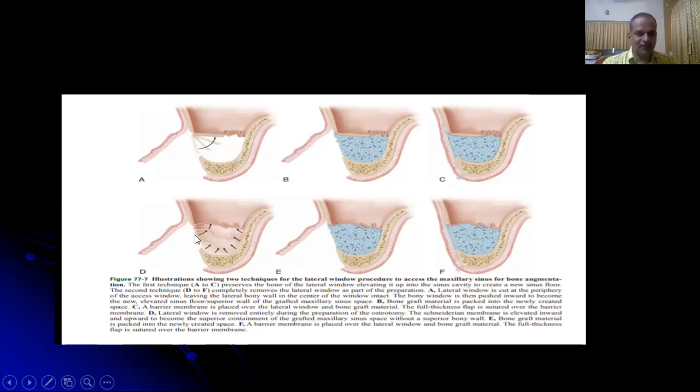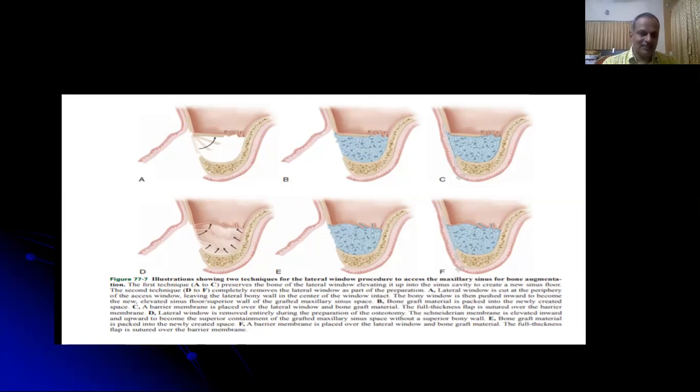Whereas to eliminate the bone of the lateral window, a larger diamond burr can be used to make the bone of the lateral window very thin, paper thin, and then the membrane is slowly separated from the bone with fine instruments such as a DeMarco curette, Gracie curette 13/14, or a universal curette, which can be used to slowly separate the Schneiderian membrane from the anterior, posterior, inferior, and superior aspects.